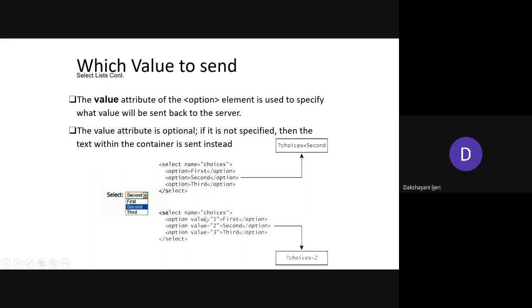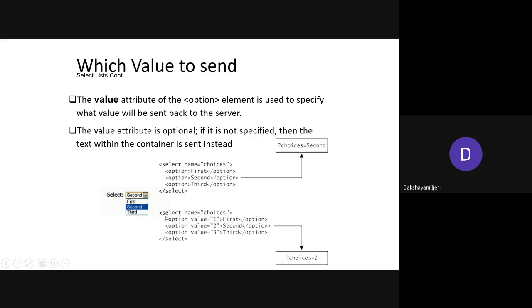So how is it going to make things easier if you use the value attribute here? Do remember that the value attribute needs to be used within the option element. The name attribute can be the same for all the options, whereas the value attribute needs to be different for every option, to distinguish each option. So you can see here the first option has the value attribute with the value 1, the second with the value 2, and similarly 3 here.